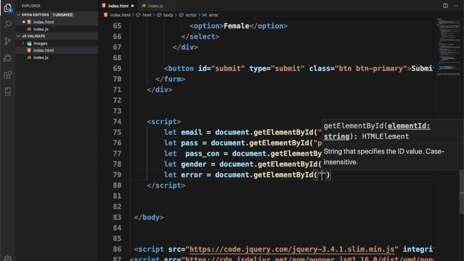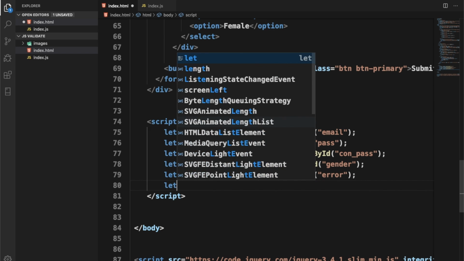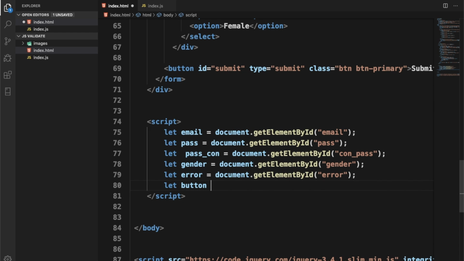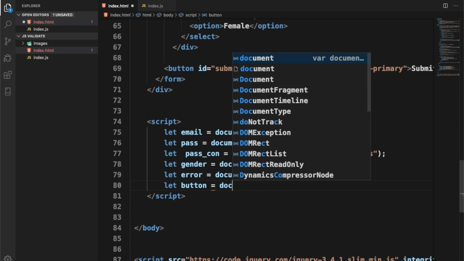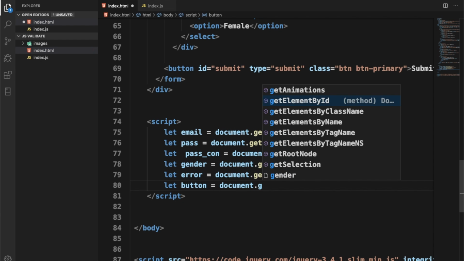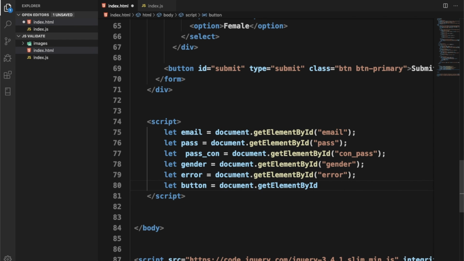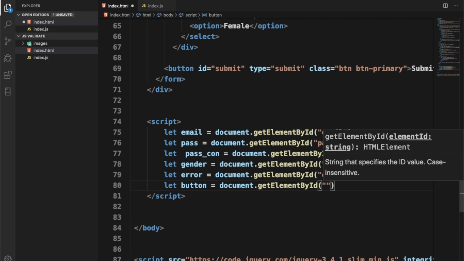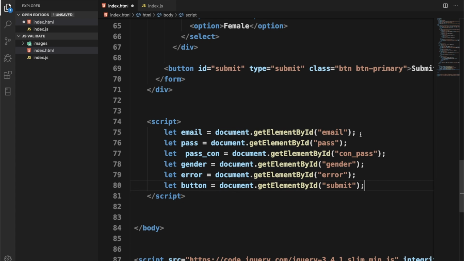This should be, let's call this error as well. And finally, let's give this button for the submit button, element by ID. This should be submit. I'm putting a semicolon, though it doesn't really matter in JavaScript in a way, but since I'm used to writing